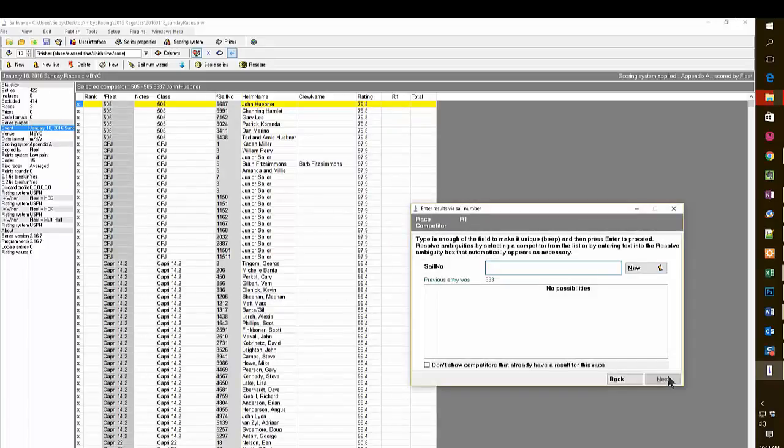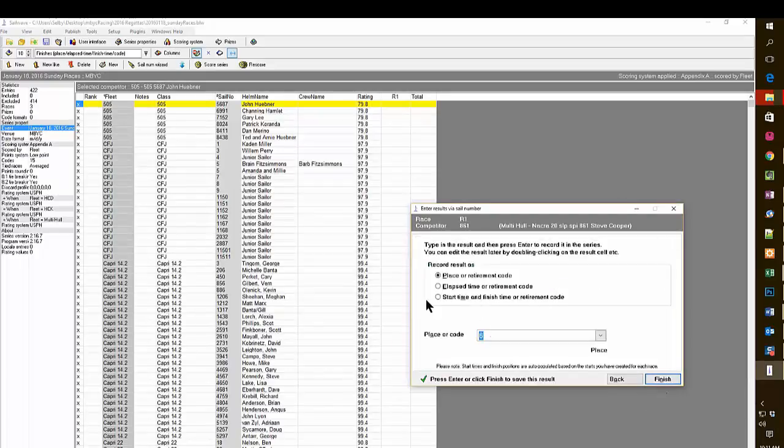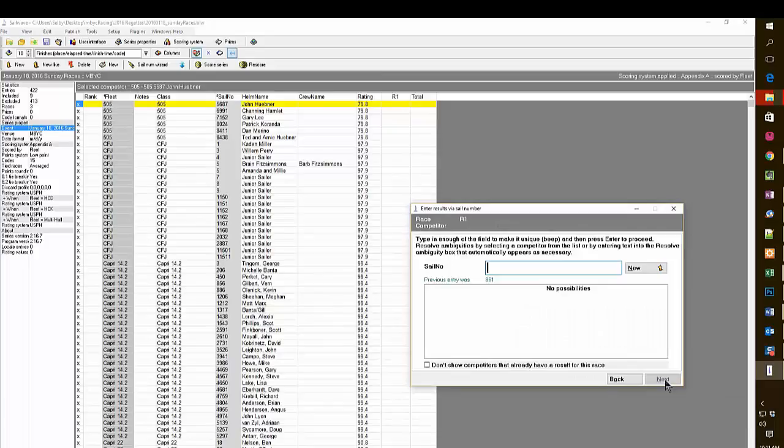Next boat is 861, and that's a multi-hull, so I know that I'm going to have to do the start time and finish time. And we're going to put 12:40:02 for his finish time, so that's 34 minutes. Okay, the next boat is